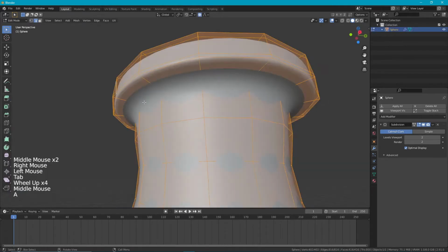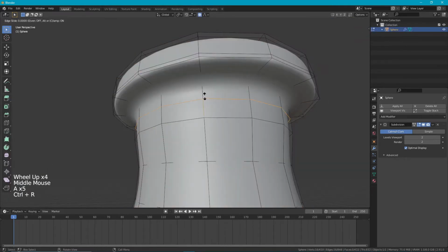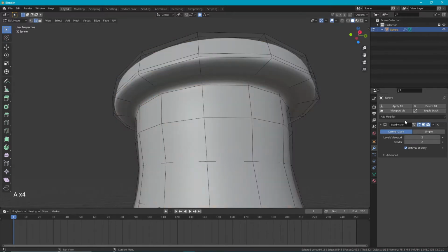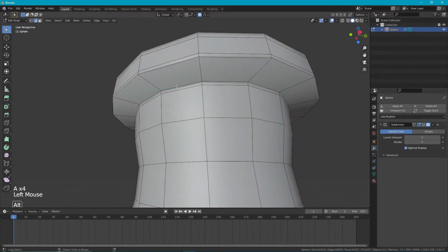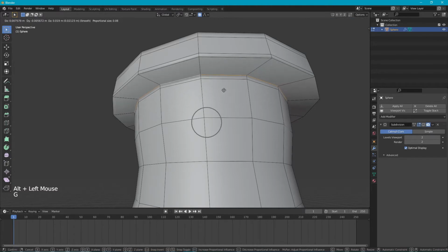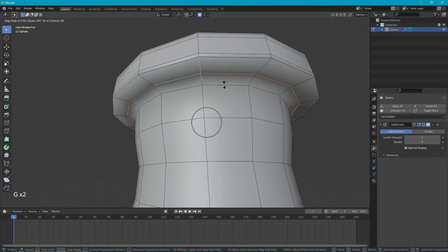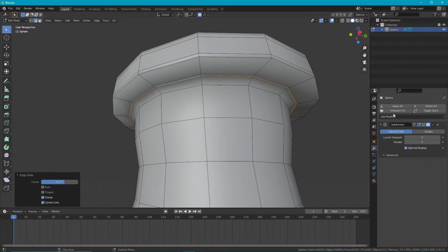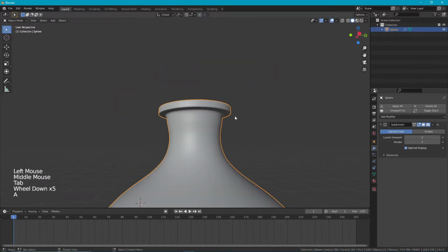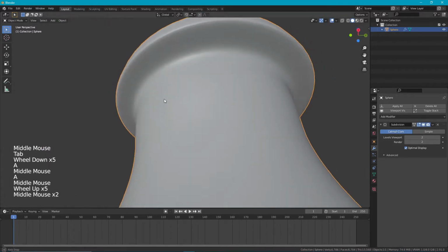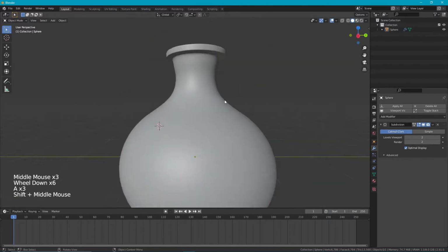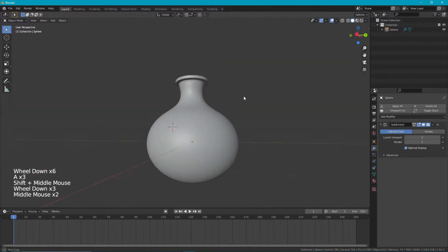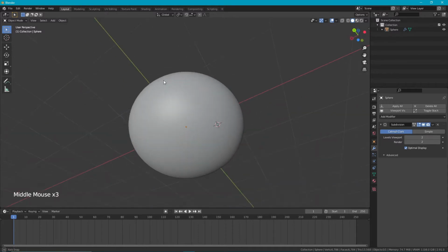And let's give this bit here a bit of a harder edge as well. So I'm just going to place an edge loop on this angle here, and I'm going to turn the modifier off quickly, and I'll select this edge and I'll just double tap G to just slide that edge up a little bit, then I'll apply the modifier back on. So you've got a bit of a smoother transition there,